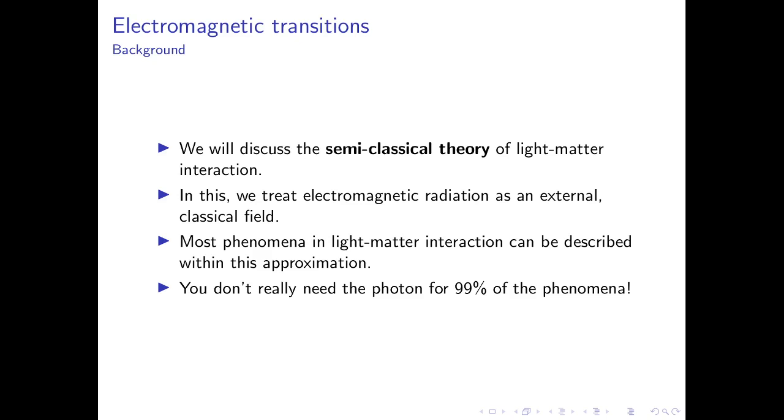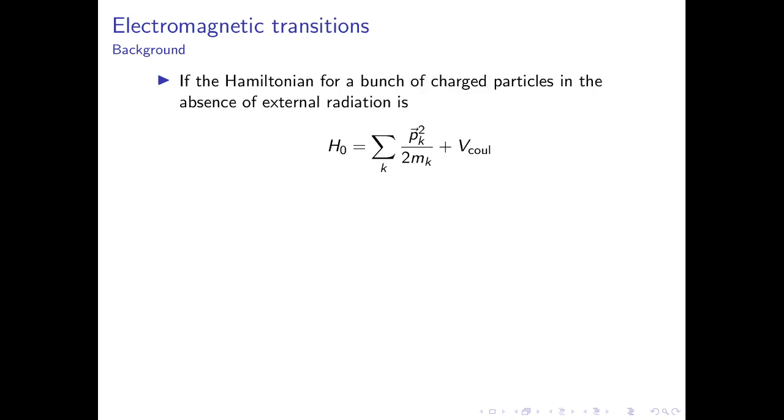So within this approximation, we need to understand how to describe electromagnetic radiation in terms of a classical field properly. And just to point out that classical mechanics already gives us a way of understanding how to treat external radiation. If in the absence of external radiation, the Hamiltonian describing a system is H0, which is given by kinetic energy terms, plus say the Coulomb interaction between the charged particles in the system,